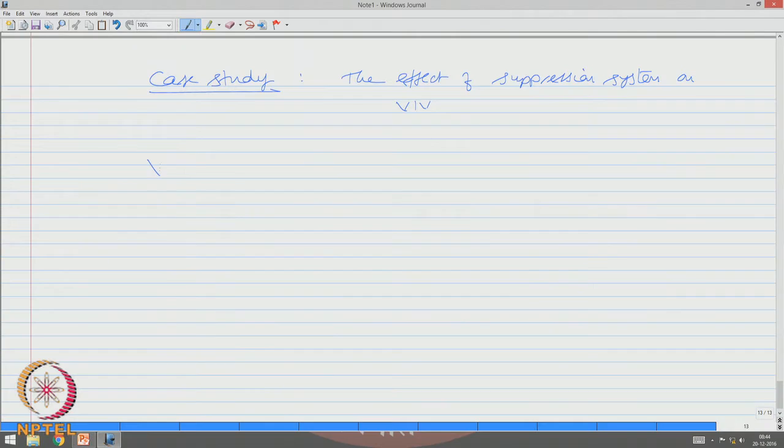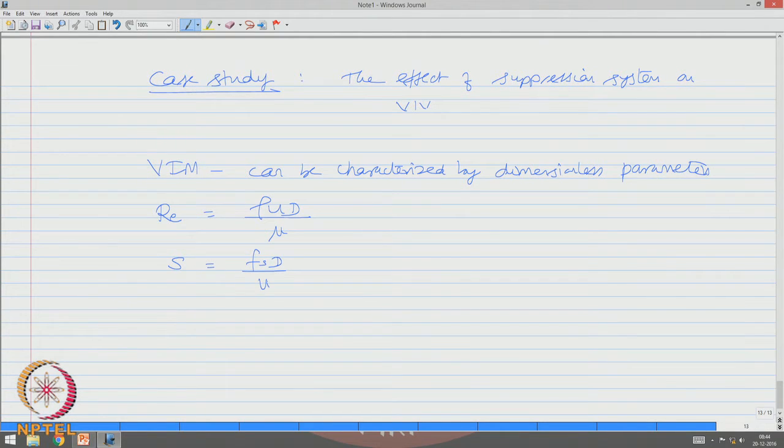The vortex induced motion generally can be characterized by different dimensionless parameters, for example, Reynolds number, rho U D by mu, the Strouhal number, f D by U, the reduced velocity which is very necessary to estimate the response, which is U T by D, and then the amplitude ratio, which is A by D, where